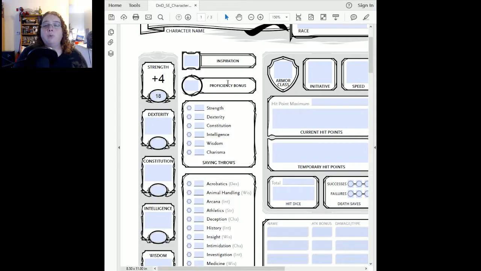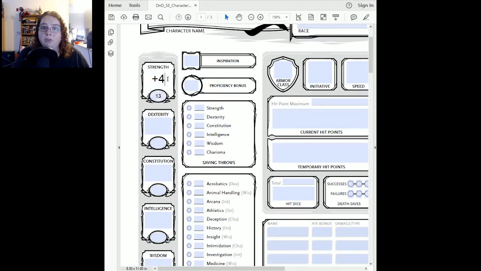You're going to roll that 20-sided die, and then whatever number it comes up on, you would add 4. There's a degree of randomness, but you have better chances because you are a strong character. And so likewise, if we had a strength of 13,